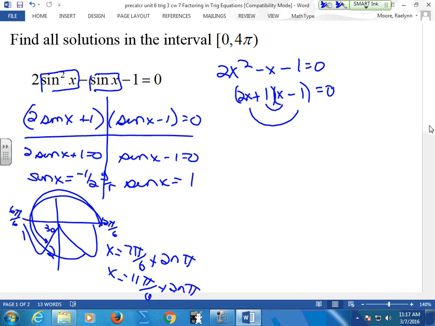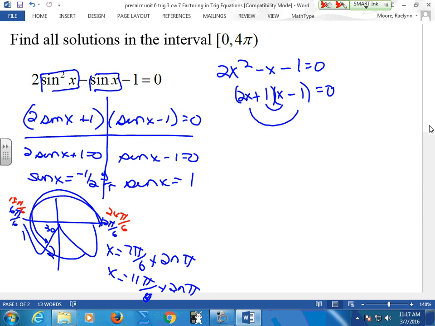Now, we have 2 ways we could do this. Since we only have to go to 4 pi, if we have 2 of those angles in 2 pi, how many will we have in total in 4 pi? 4. So, if I wanted to, I could keep this pattern going. This went to 6, 12. If I add another 6, what would this be? 18 pi. If I add another 6,